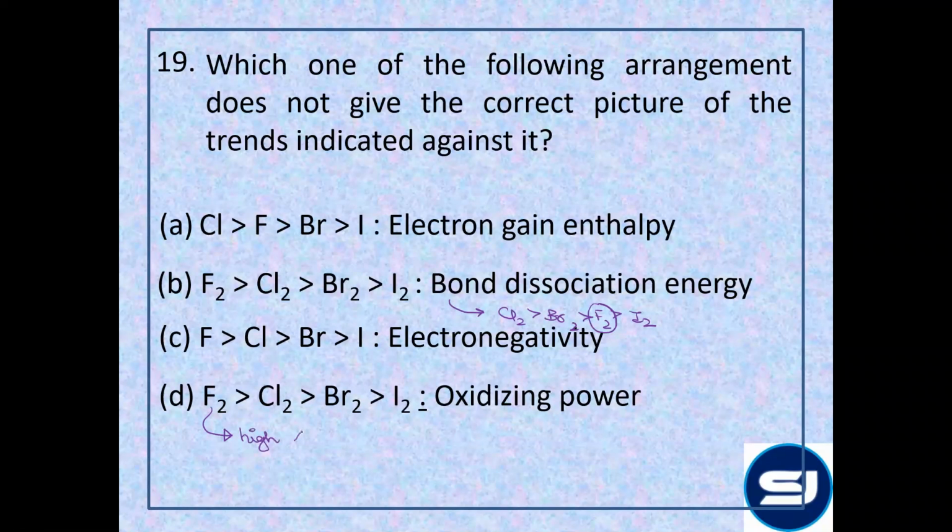High hydration enthalpy, delta H hyd, and also very high value of standard reduction potential। So because of very high SRP, it has a tendency to undergo reduction and will behave as a very good oxidizing agent।